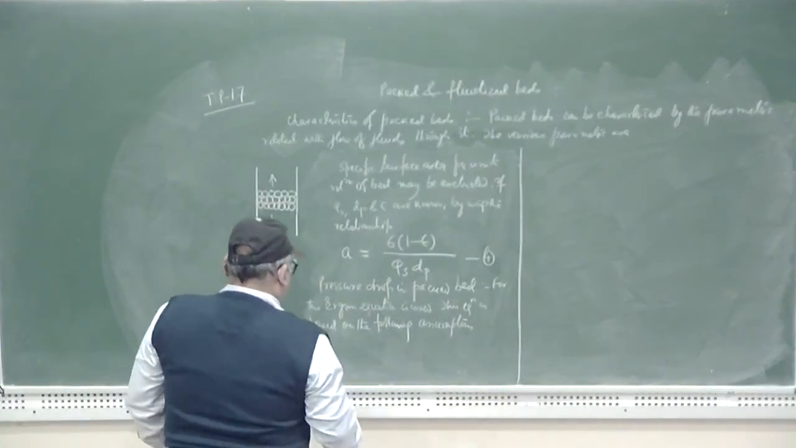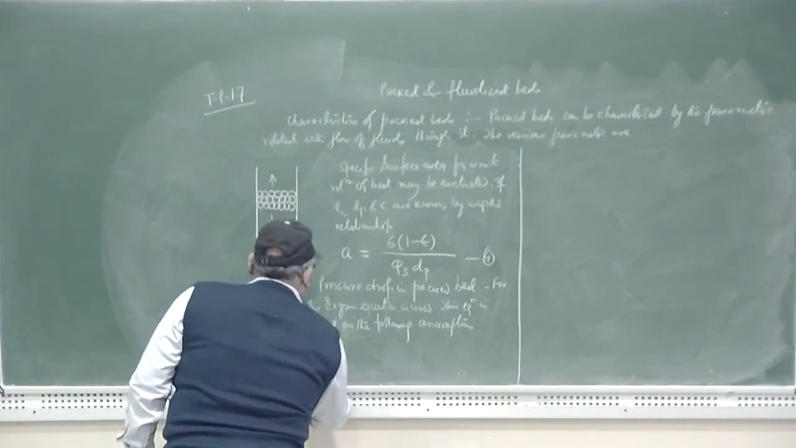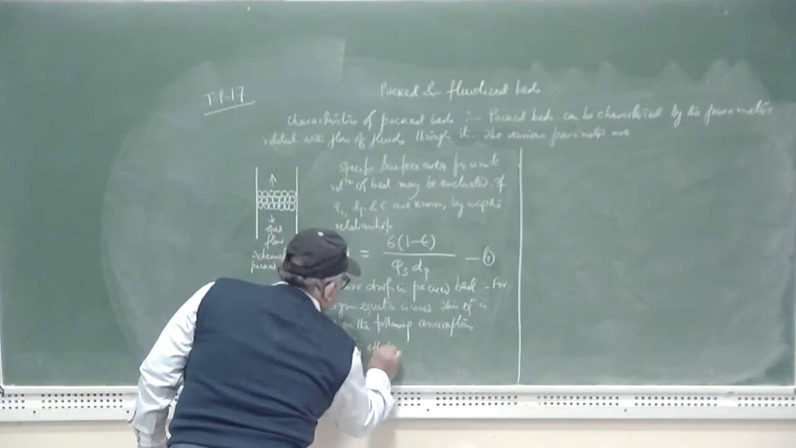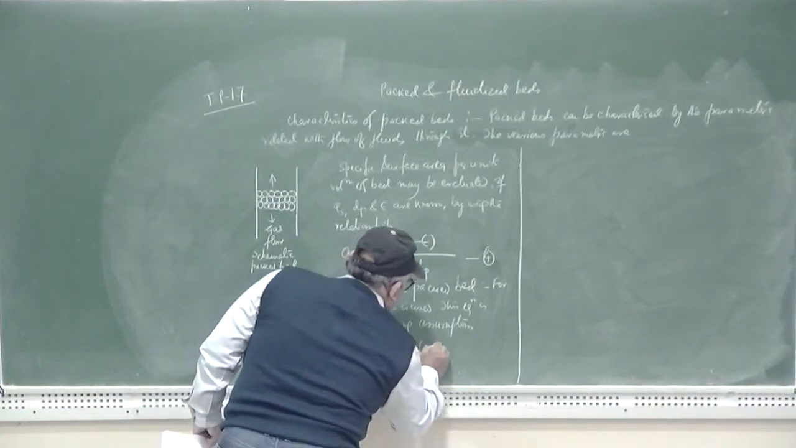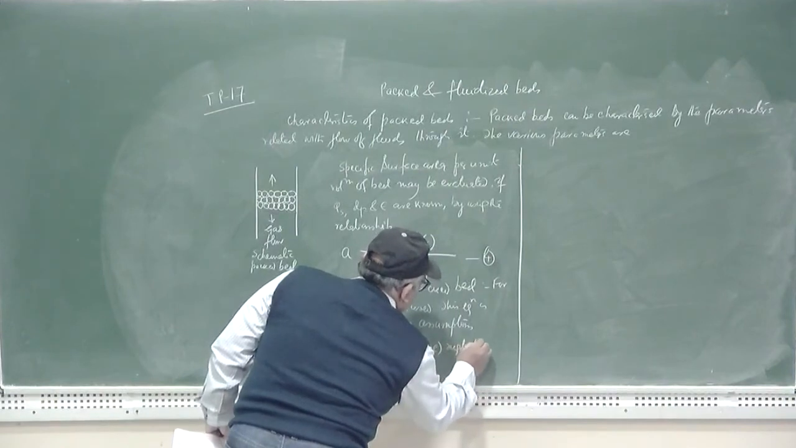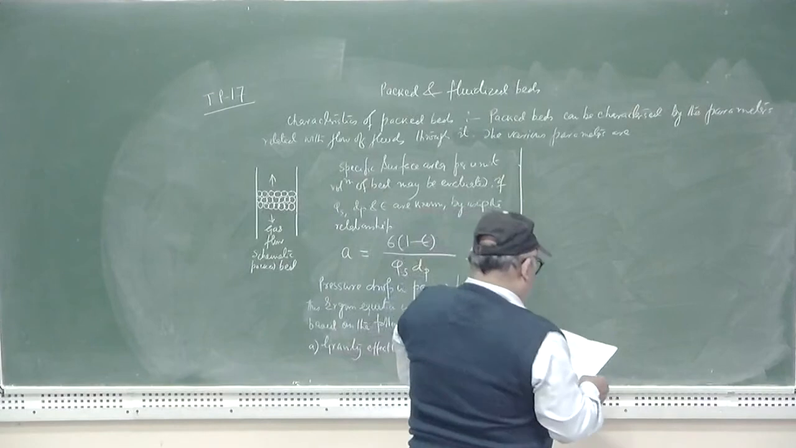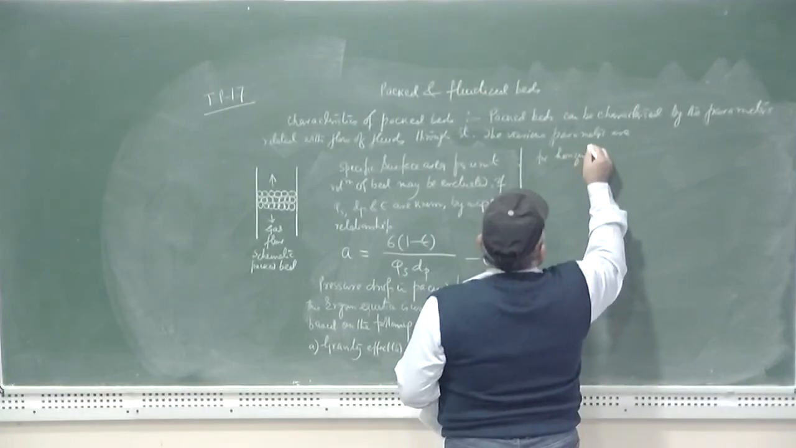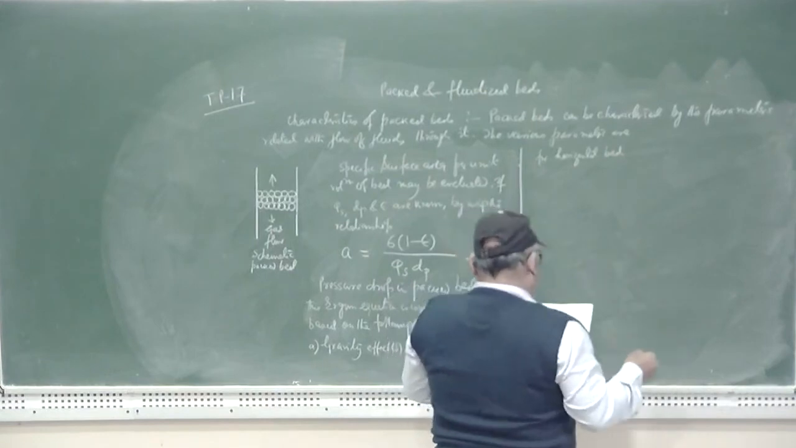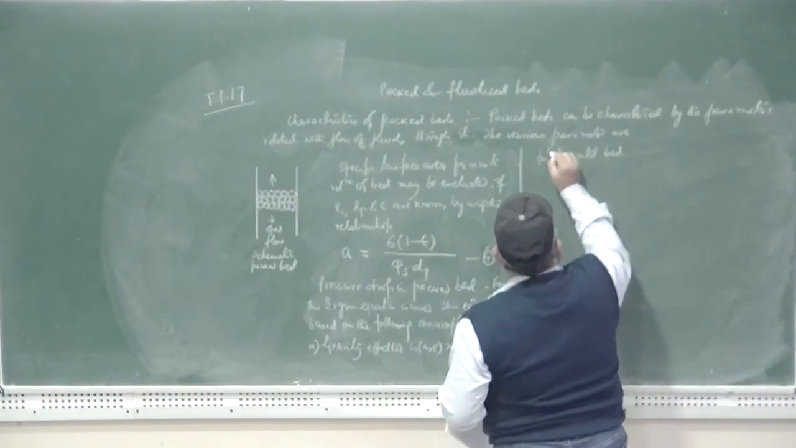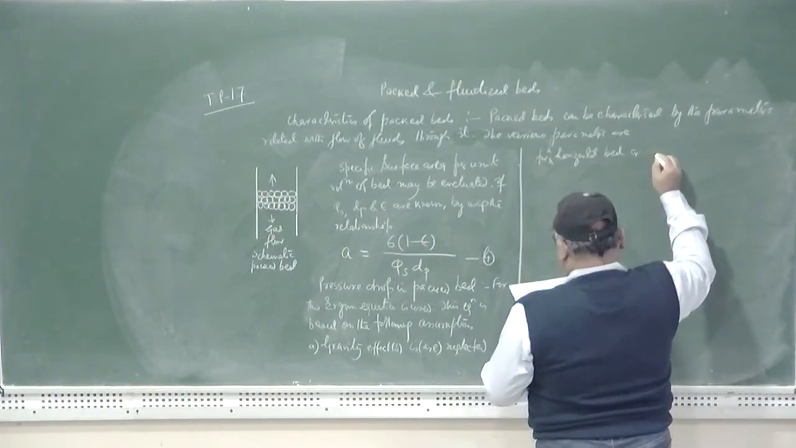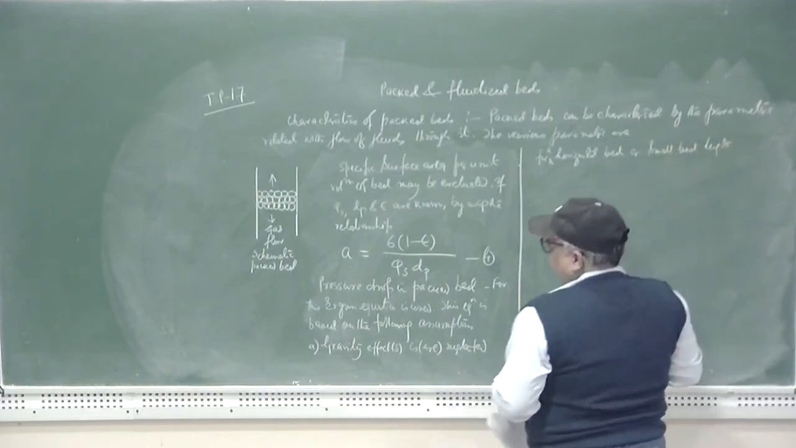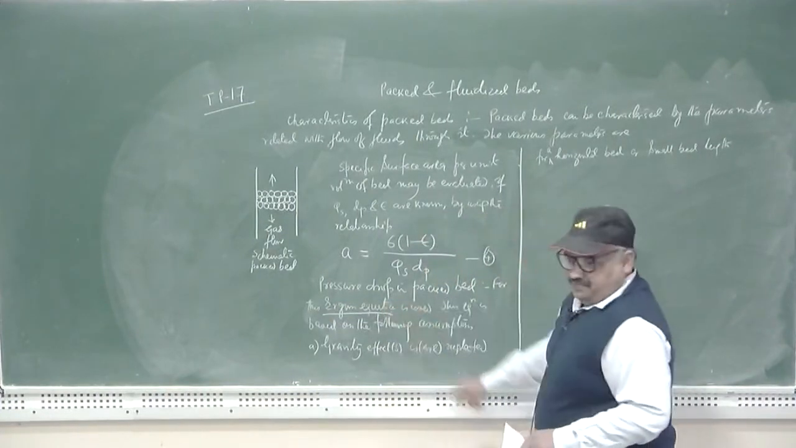Number 1, gravity effect is neglected for a horizontal bed or a small bed length. This is the first assumption that this Ergun equation has. Number 2,